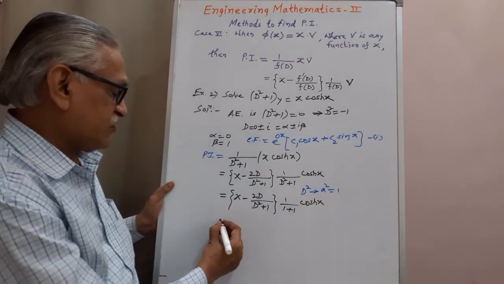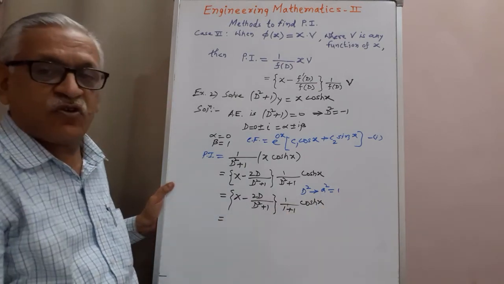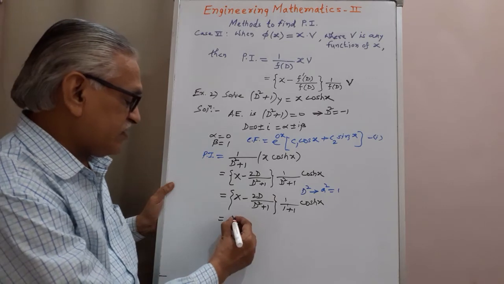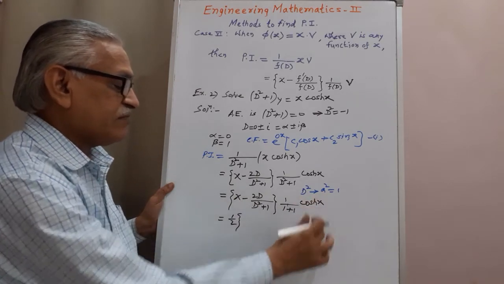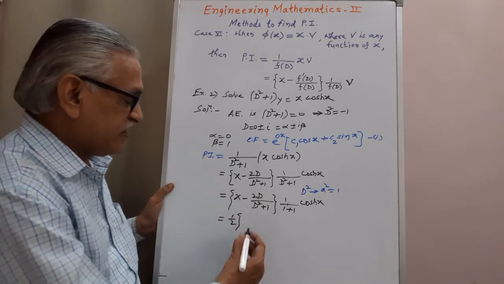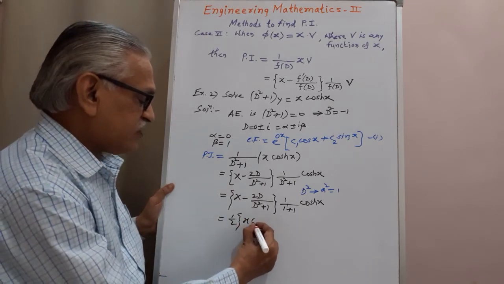Therefore it is 1 by 2, the constant term we take before the operator, and then multiplying by cos hx inside the bracket, we get the first term as x cos hx